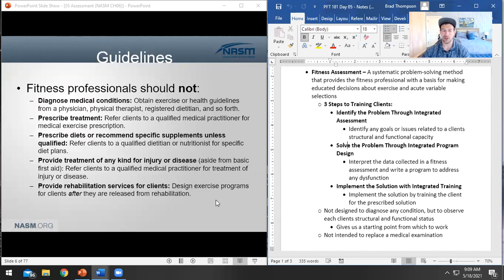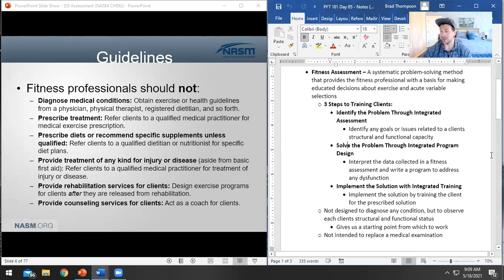Too many personal trainers are into this idea of a really advanced fitness assessment, and then they start speaking to their client about how they're going to treat this and cure that, and it's like, man, those are just words that you should not be using. Don't get me wrong, if I discover you've got a knees-caving-in posture, absolutely, I'm going to say, yeah, we're going to fix those knees caving, we're going to get you better at not doing that. And let's say your client complains to you and says, hey, I got this really bad